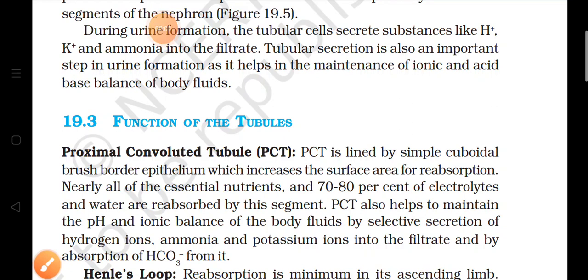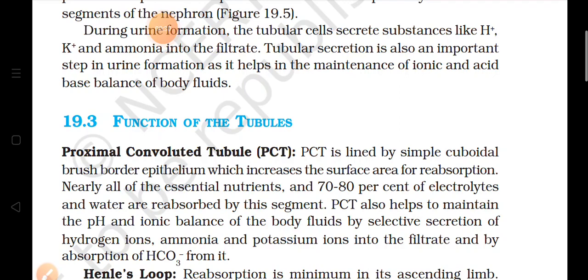You are welcome in biology class, and our topic today is the function of the tubules. In the previous class we studied the structure of the kidney, that a kidney consists of millions of nephrons. The structure of a nephron has Bowman's capsule, glomerulus, and tubules. Then we talked about the structure of the tubule: the proximal convoluted tubule, the distal convoluted tubule, and